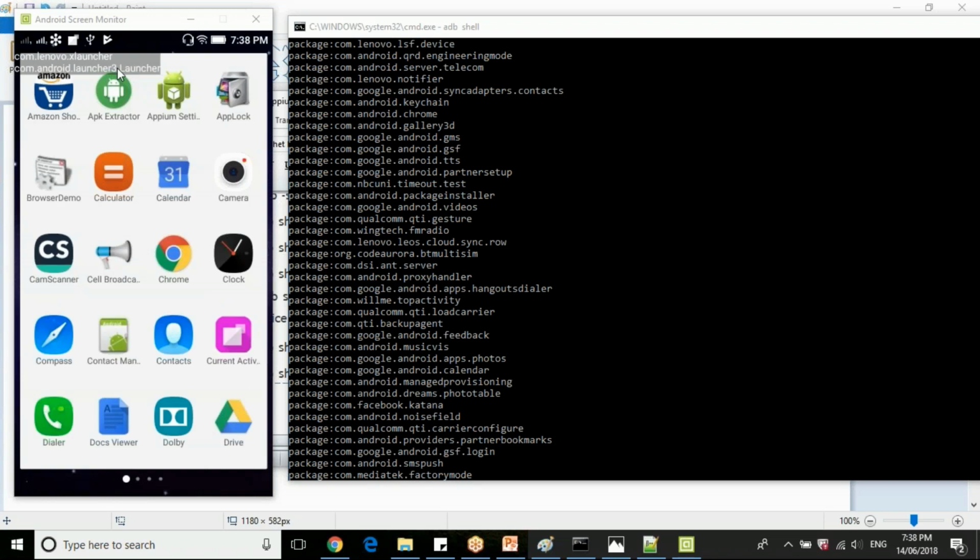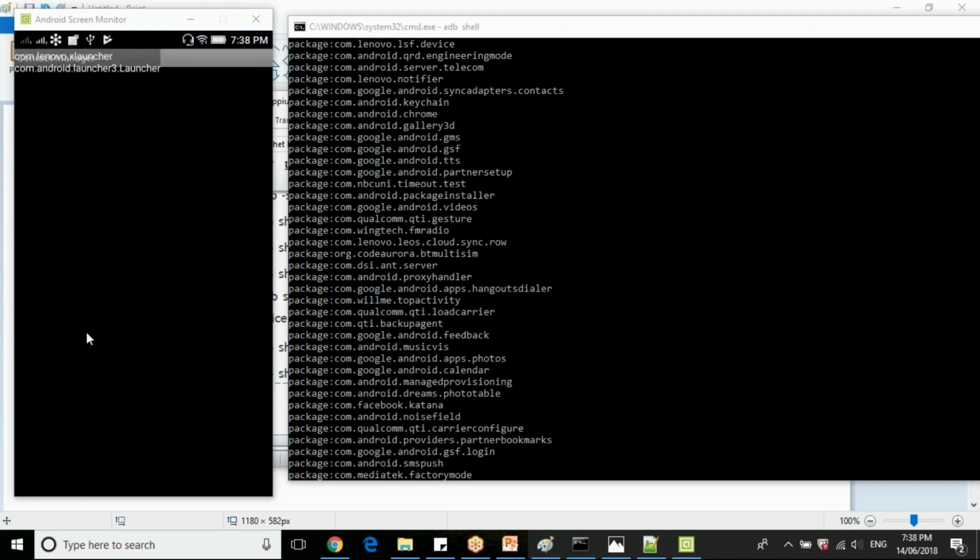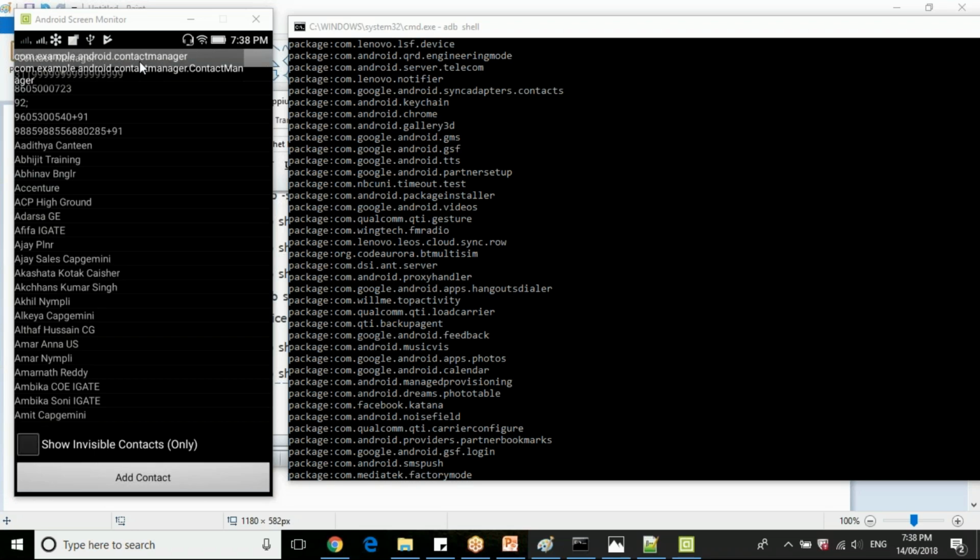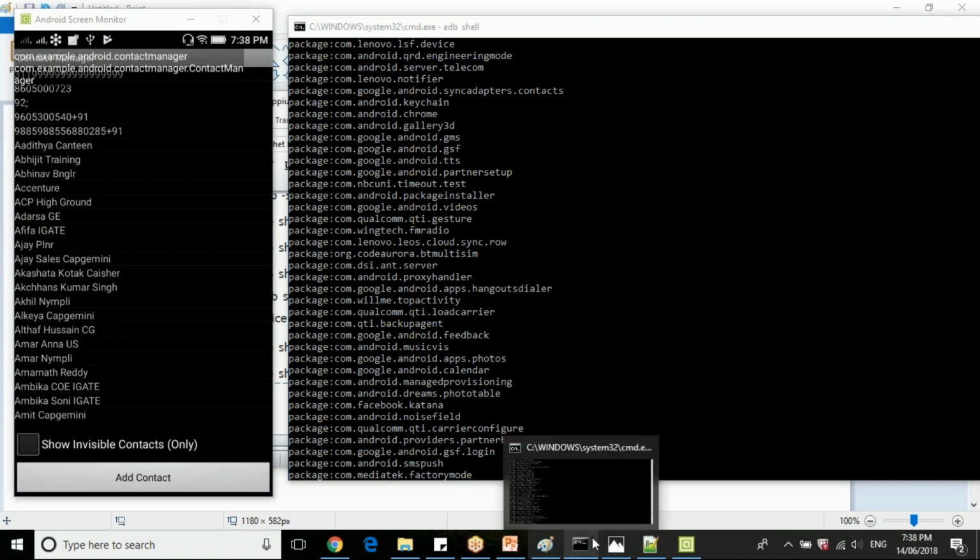So like this, suppose now you want to find out for the current contact manager. Click on this contact manager. Now the upper one is the package and the below one is the activity. com.example.android.contactmanager is my package name.